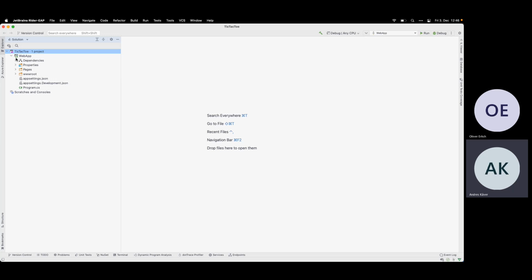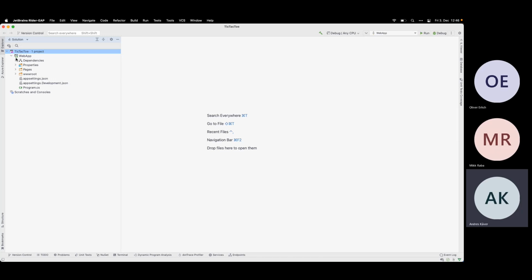Shall I do the console application also? Of course. This is a little tricky in that sense, but this is what you had to do.